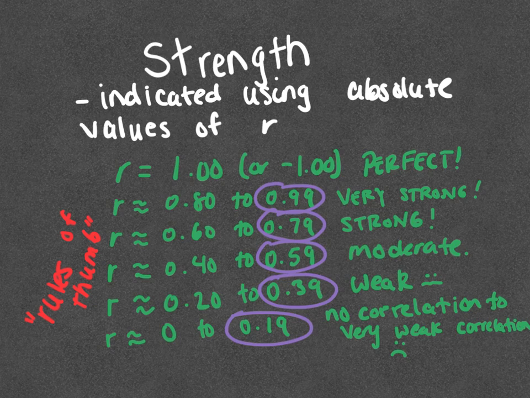Therefore, if you had a correlation of 0.8, it's considered acceptable to call it strong or very strong because it's right at the border of these two rules of thumb. Similarly, a correlation of 0.4 can be called moderate or weak. Both of these are considered acceptable because it's right on the threshold between these two boundaries using the rules of